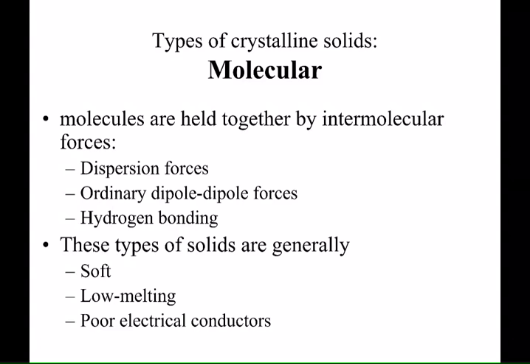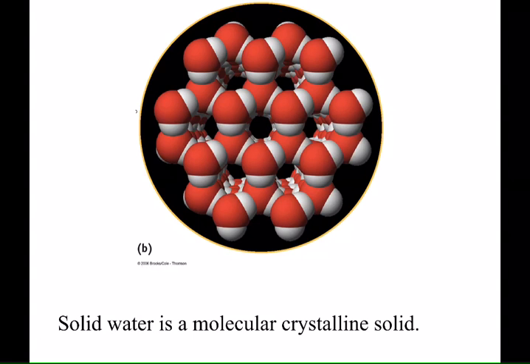I was going through this before and I just got lost at what slide was what. But if you look at it like this, it's really not all so confusing. So that was molecular crystalline solids. Now, there's water. You recognize the red is the oxygen and the white are the hydrogens. There's water in its solid state, all bonded together with hydrogen bonds, right? Crystalline solid.